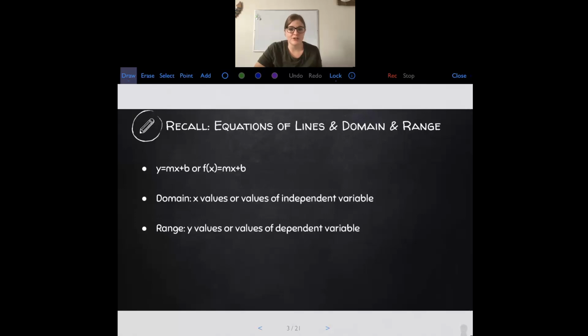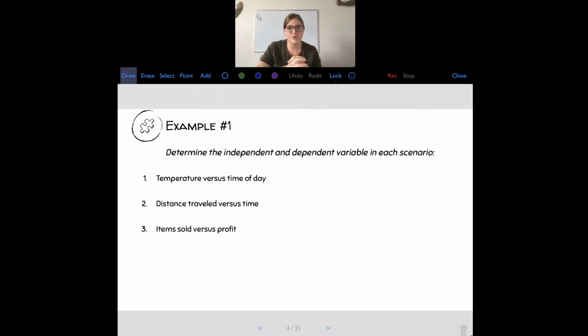Just as a refresher, domain is our x values, or the values of the independent variable. Range is our y values, or the values of the dependent variable. And remembering these as independent and dependent variables could help us as we go through application problems. So example 1, we're just going to get acquainted with the idea of determining the independent variable and dependent variable